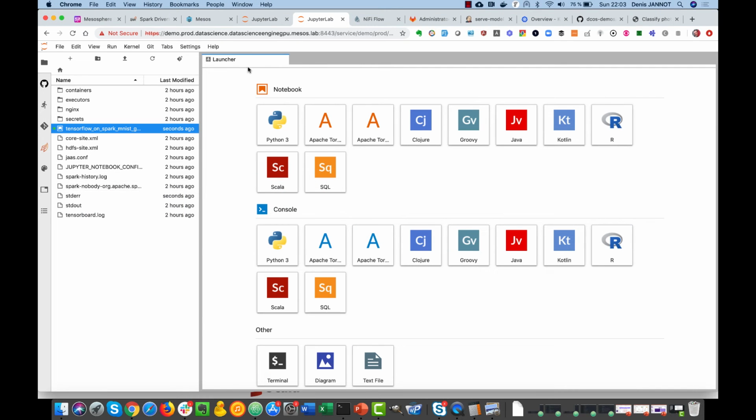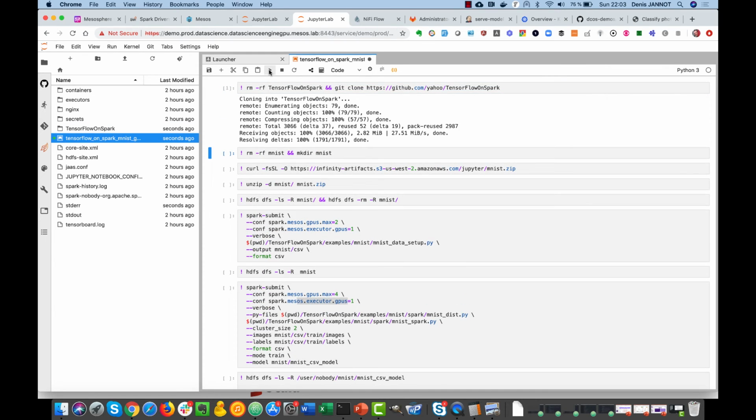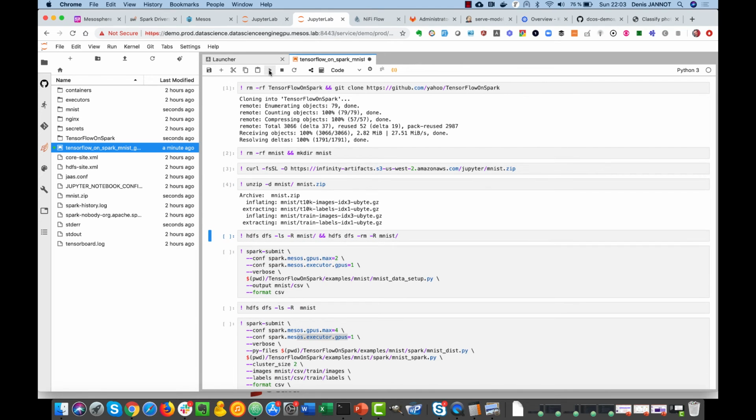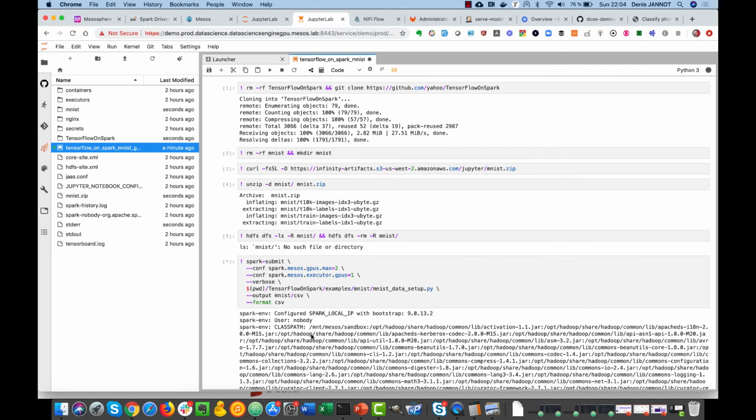So we have another JupyterLab notebook and a very similar notebook here. The difference you can see here is the number of GPUs we leverage for the executors to accelerate the training of the model. And we use different directories just to make sure that we don't have conflict with the other one. So we do the same steps, cloning the TensorFlow and Spark repo, getting the dataset and unzipping it,